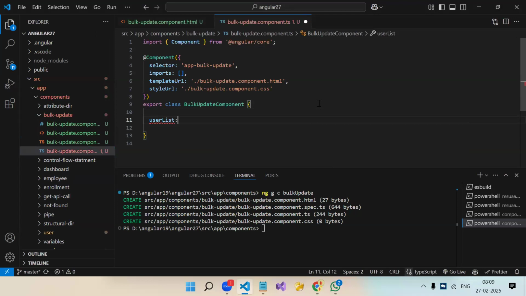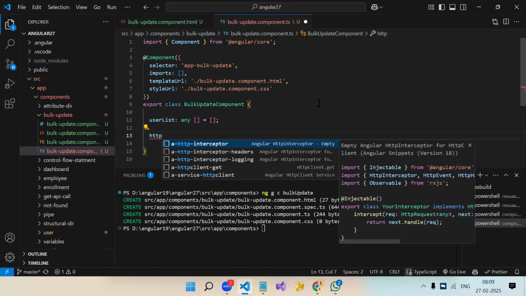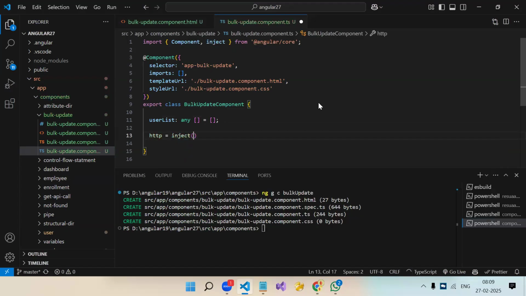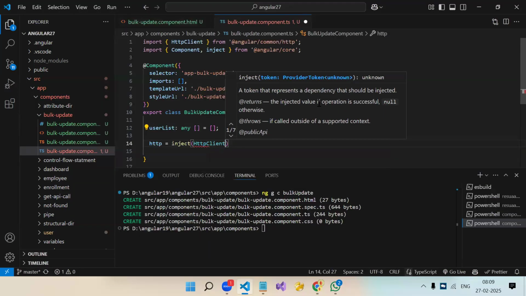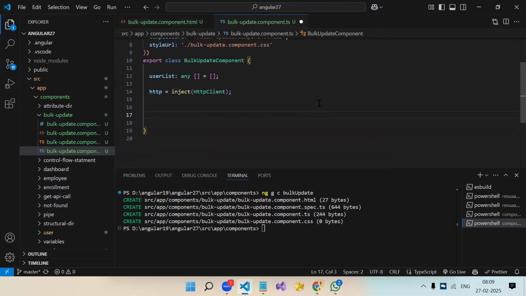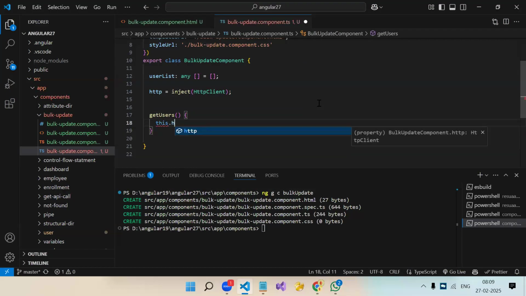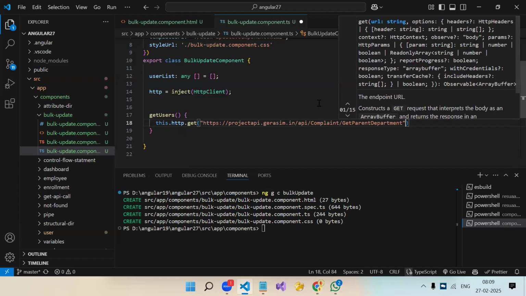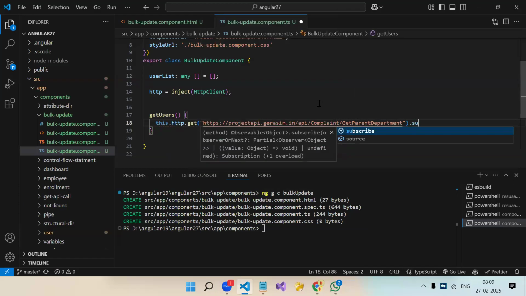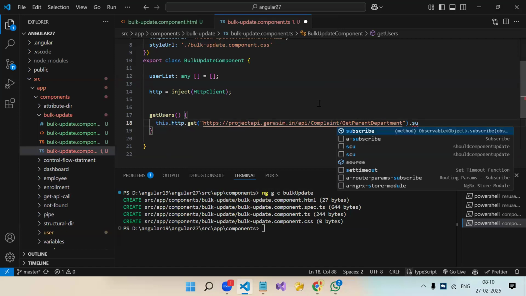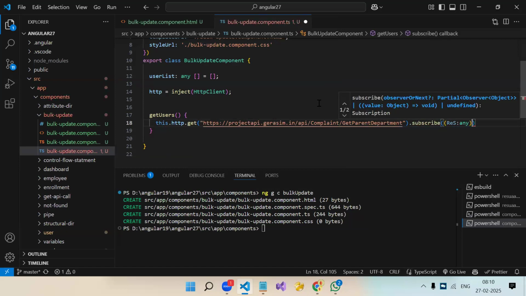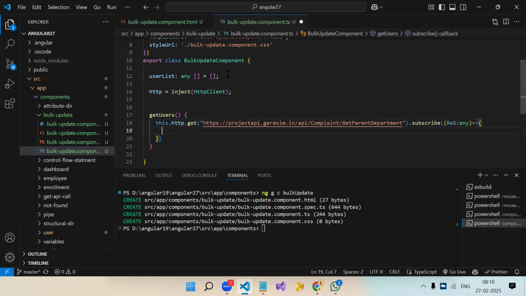User list. Inject HttpClient. I am writing this over here, but you have to create it in a service. Okay, getUsers, this.http.get. Whatever data we get, we have to store inside this variable.